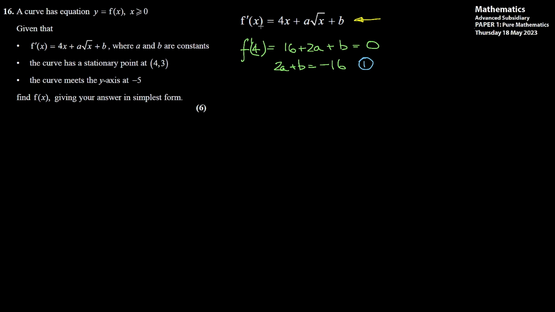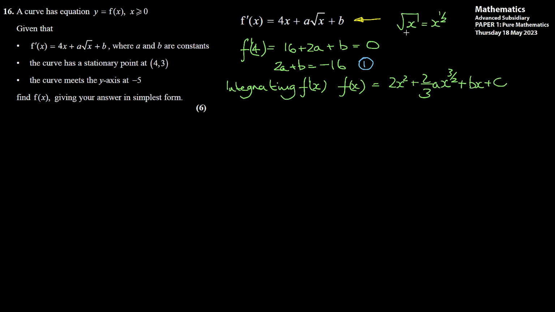So if we now take f'(x) and integrate, we will get f(x). So integrating f'(x), f(x) is equal to 2x squared plus 2/3 a x to the 3/2 plus bx plus c. In doing so, I used the fact that the root of x is equivalent to x to the half, and raising that power up by 1, you get x to the 3/2. I think it's always useful to do a very quick check that if you differentiate this, you get back to